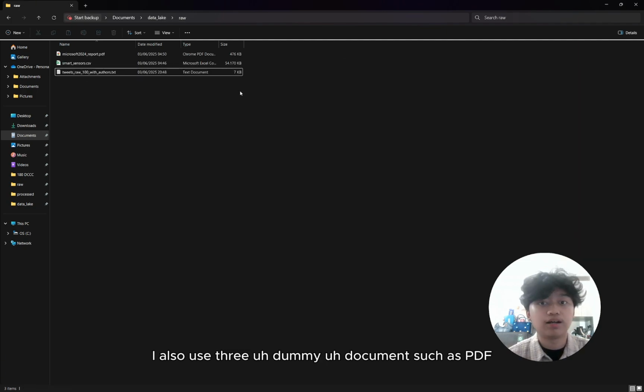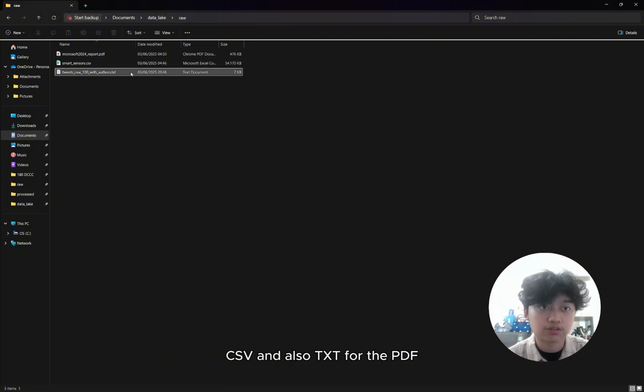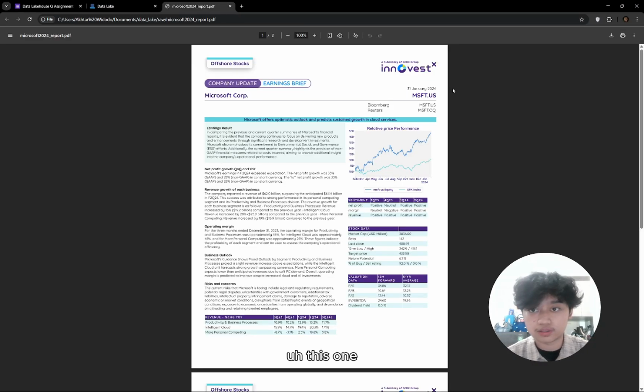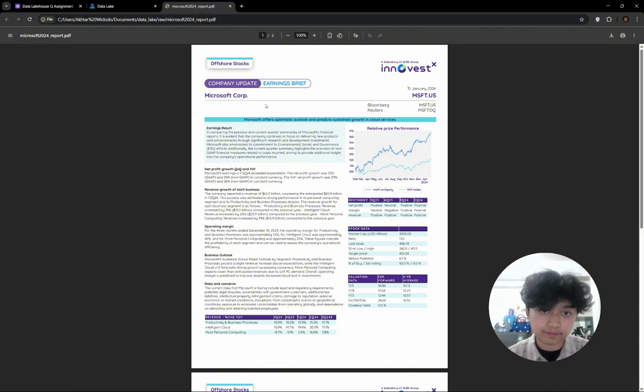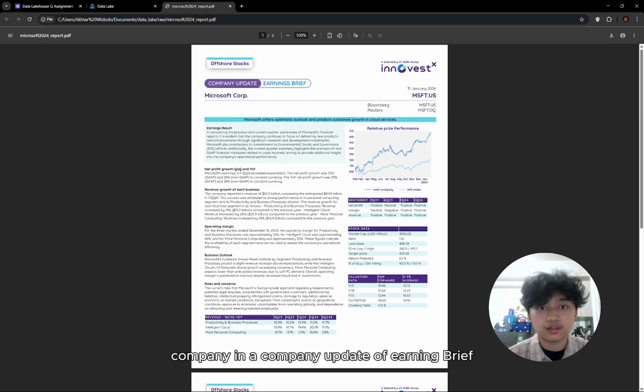For raw, I also use three dummy documents such as PDF, CSV, and TXT. The PDF is actually a real PDF from Investing, from Microsoft Corp, a company update of the earnings brief.